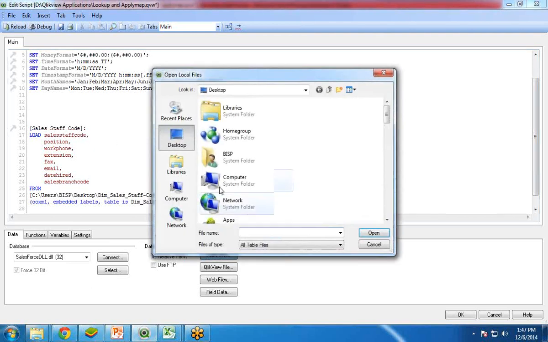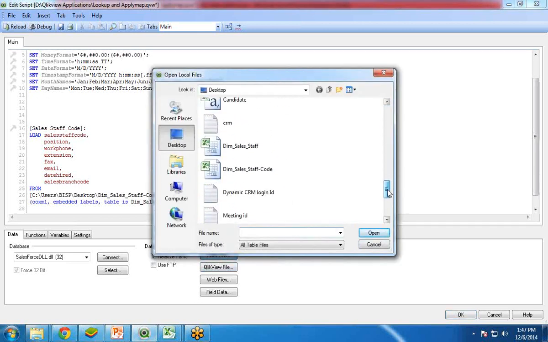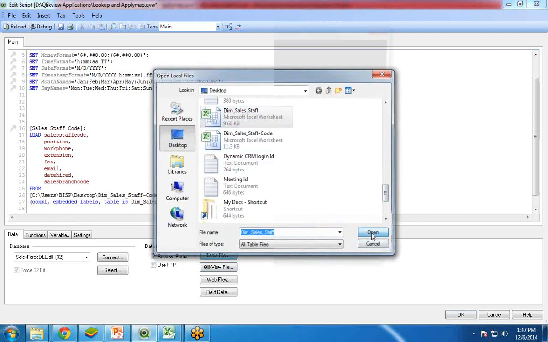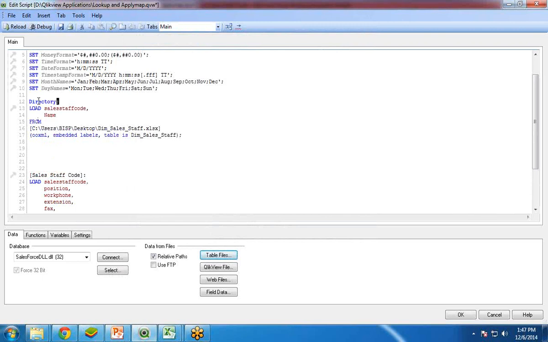So I click on table files, and let me look for dim sales staff. It has two columns, sales staff code and name. Perfect. Click on finish and I change the name to sales staff name,